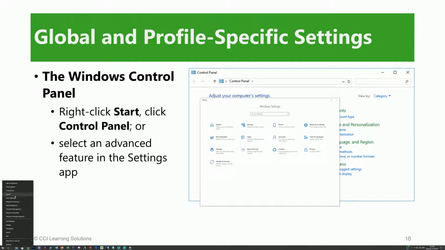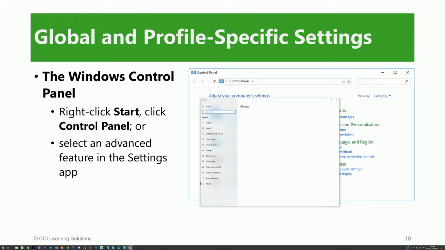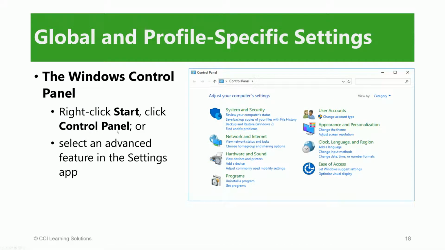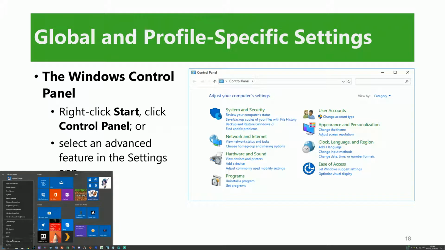I wonder if it's system. It may be system. So no, not quite. Okay, so obviously, because this is the home edition, it may not actually be there. As we can see, I don't see any control panel, so I won't be able to search for it through there. But as we saw